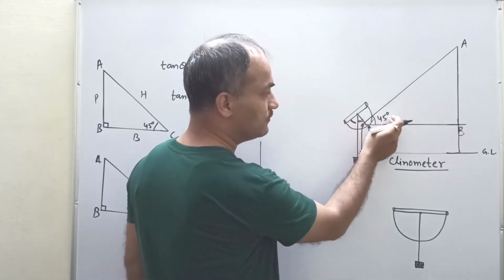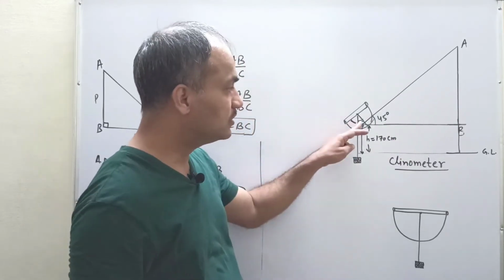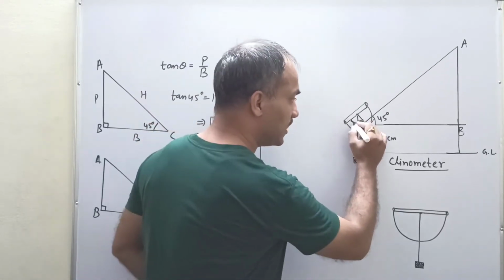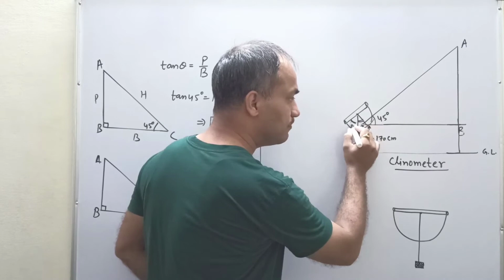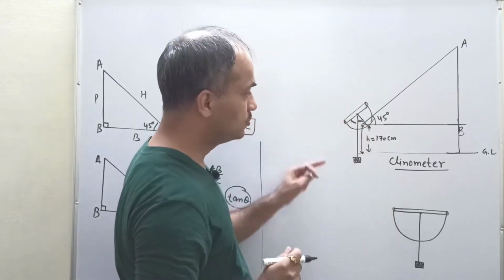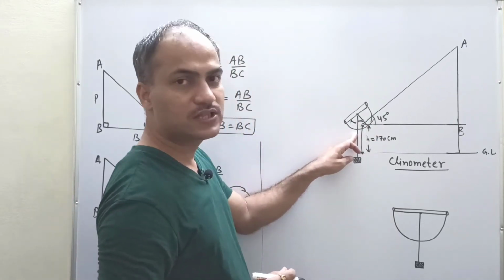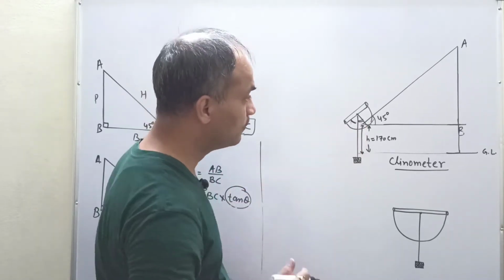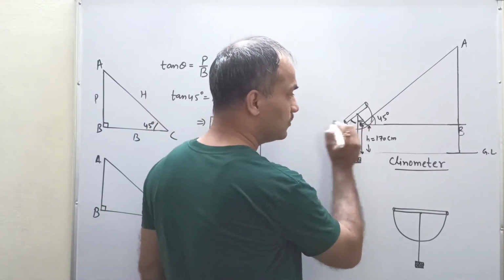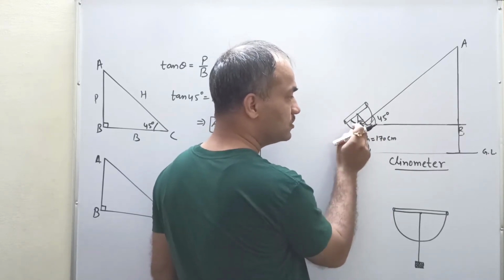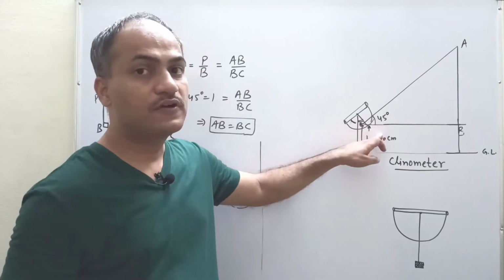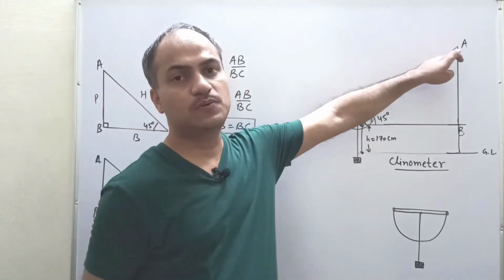Same as this, because a 45 degree angle will happen only when these two are also equal. Fine. So this angle is 90 degree and these two will be 45 and 45. If you measure from there, this will be 45 degree. You measure from there, this will also be 45 degree. Fine. So this is our required angle, theta, which is 45 degree, and this is the exact angle of elevation of the top of the tower.